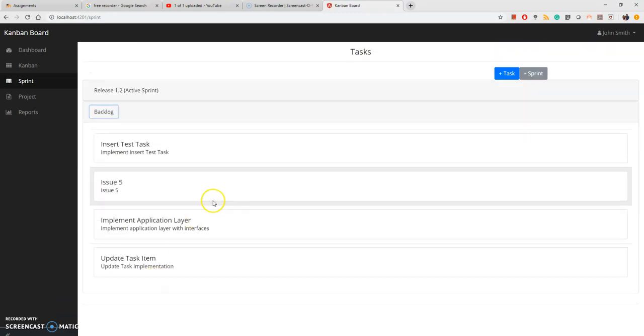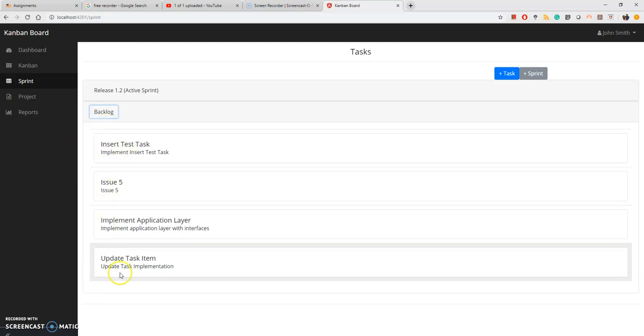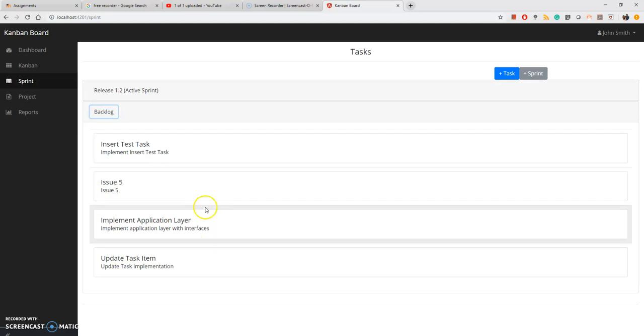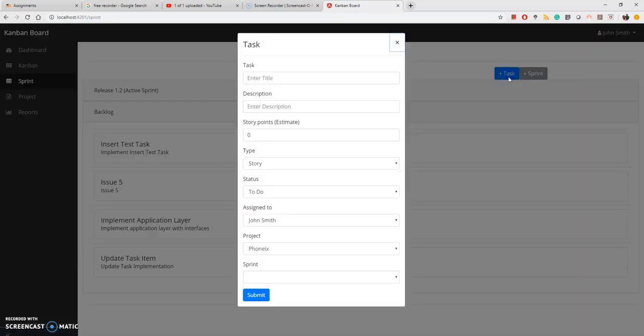And these are the backlog. Backlog means these are the items yet to be planned in the next coming sprint. And here we are able to add new tasks and associate them with the current sprint or a future one. We can add it to the backlog,